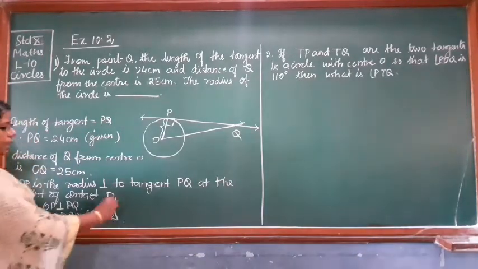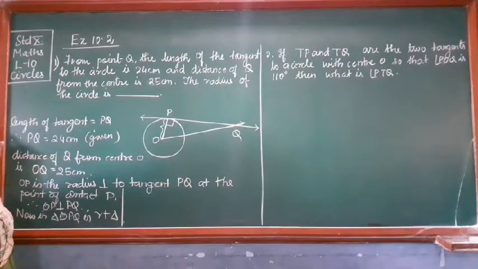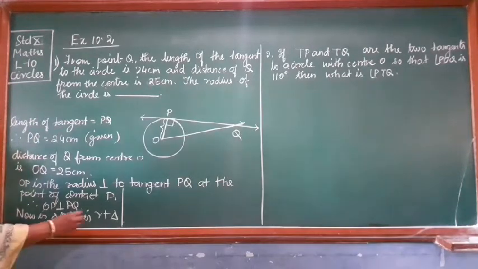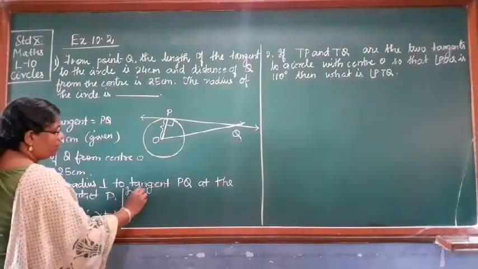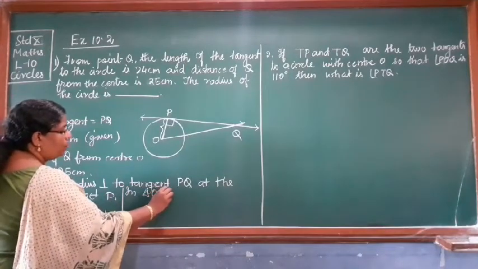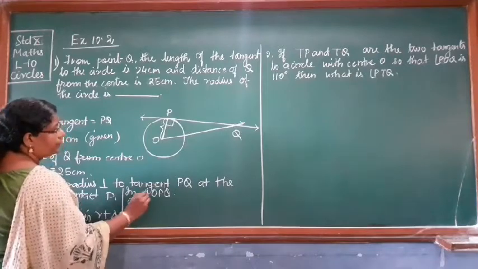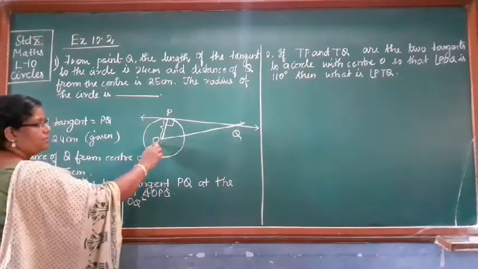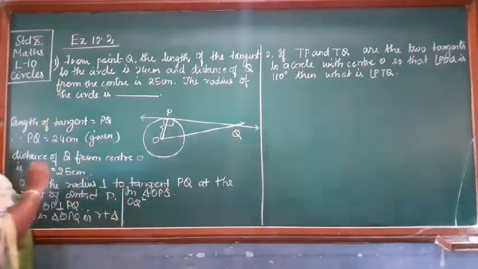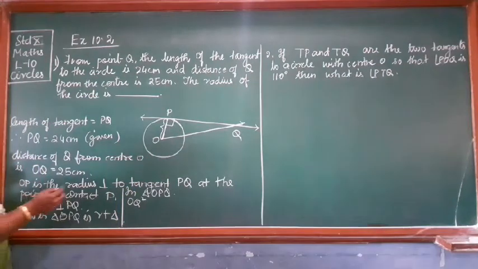Since it is a right triangle, you can use Pythagoras theorem. In triangle OPQ we have OQ square. This is your hypotenuse, because the side opposite to the right angle is the hypotenuse. So OQ